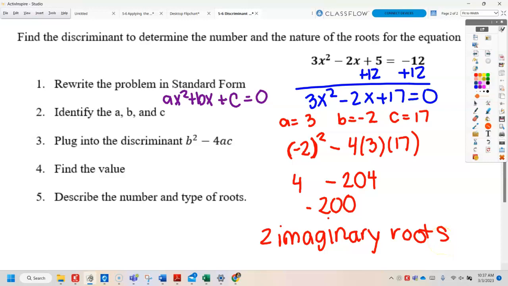How many x-intercepts? So that's what we're going to go to next. How many x-intercepts? None. So that's the new part for today. What does imaginary roots mean? What does real roots mean? It means